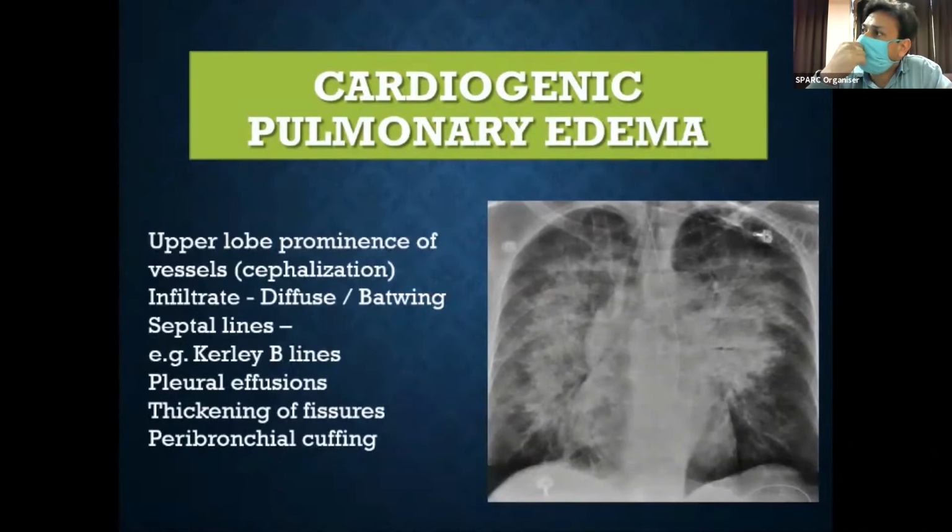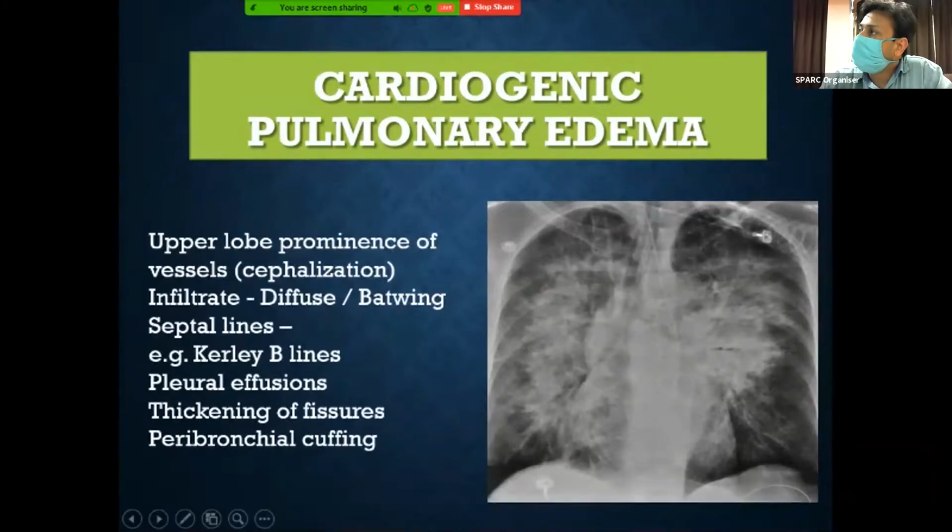Now coming to pulmonary edema. Again in pulmonary edema there are many causes, and not all things you will see in a single patient. This X-ray is an example of acute pulmonary edema. This pulmonary edema has developed over a short period of time. So we see a lot of patchy opacities in the perihilar region, or in the central part of the lung.